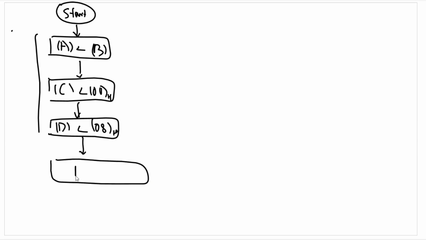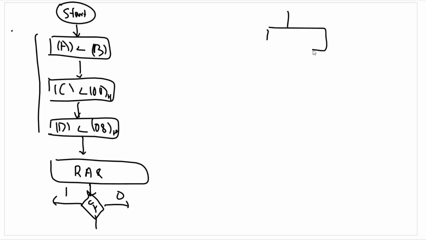rotate. We use the instruction RAR, so it rotates your accumulator towards the right through the carry. You can rotate it towards the left through carry. It's one and the same thing. So RAR, and once we did RAR, following this, we check the status of the carry flag, if it is equal to 0 or if it is equal to 1. Fine. If it is equal to 0, next instruction that I am going to write here, if it is equal to 1,